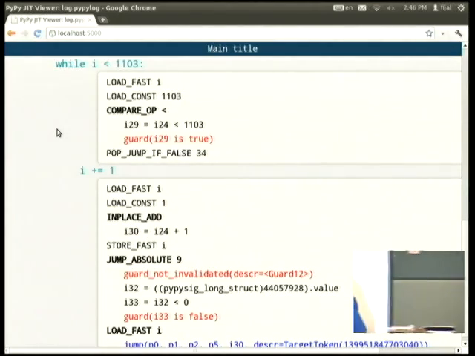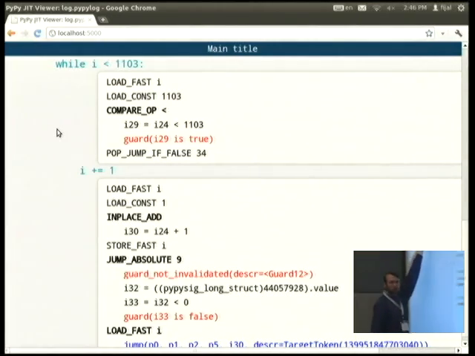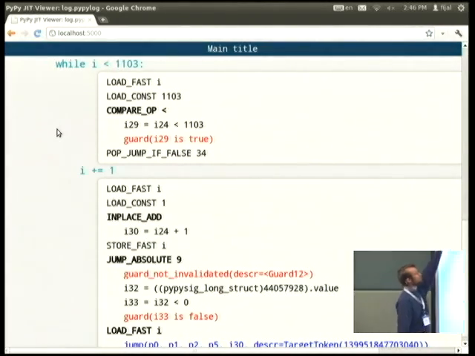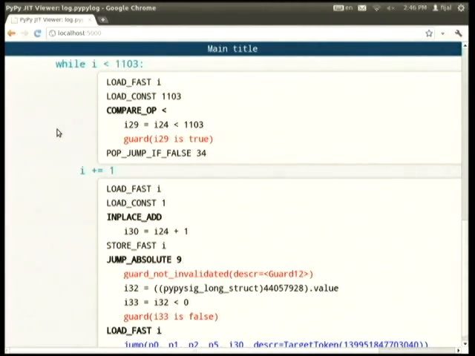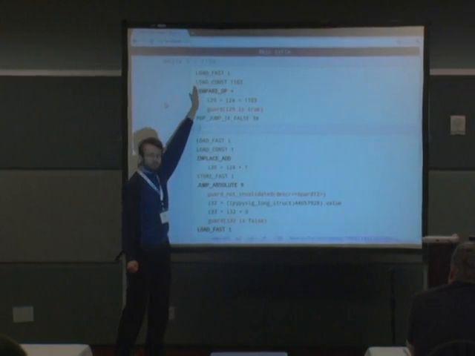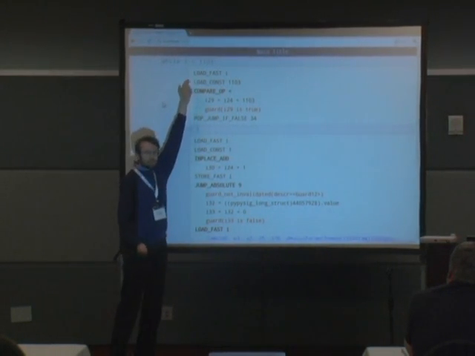Okay, so what this shows you is the source code. It lists only the part of the function that was part of the loop that was compiled, so the while and the i += 1. Then in these boxes you have, aligned to the left in uppercase, the bytecode.